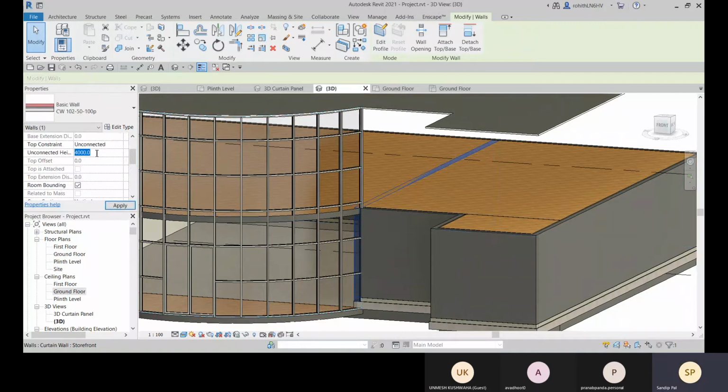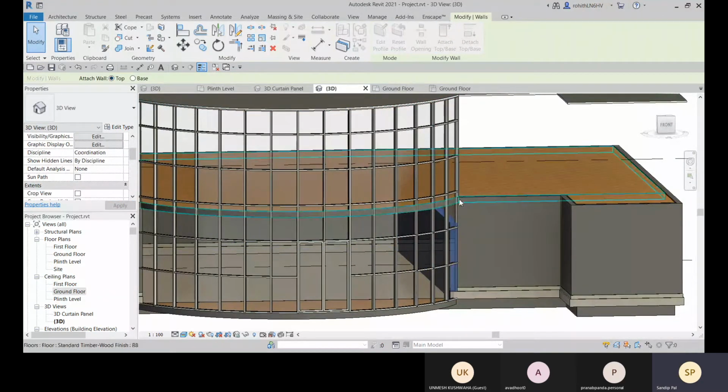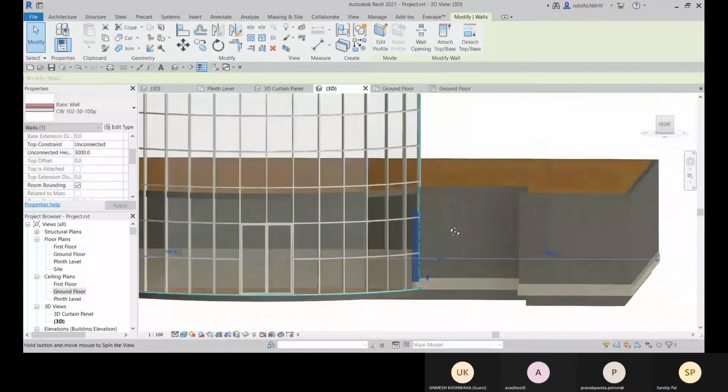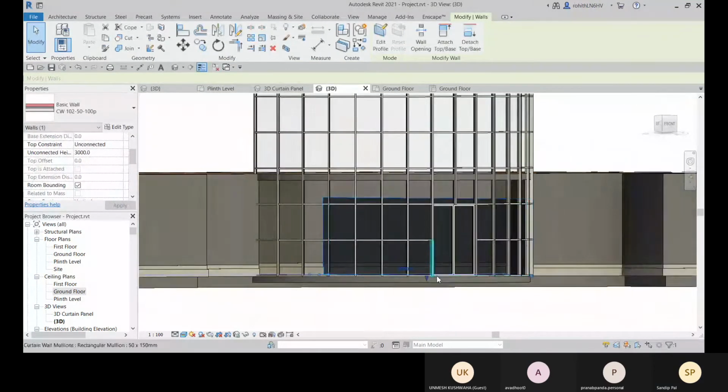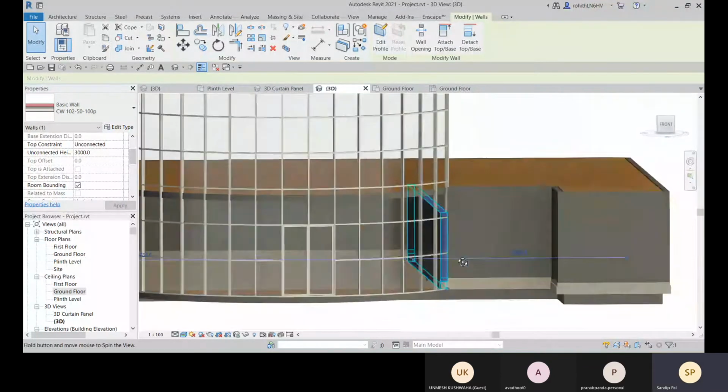Let me go with this unconnected and provide 3000 and then check. Here, if I provide the attach top or base, it will be connected to this top. And let me click on this unjoin element. Still like this.